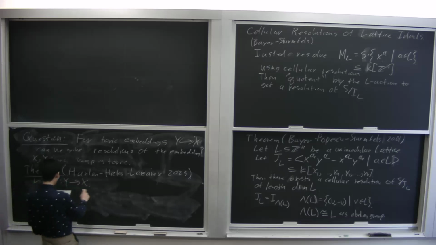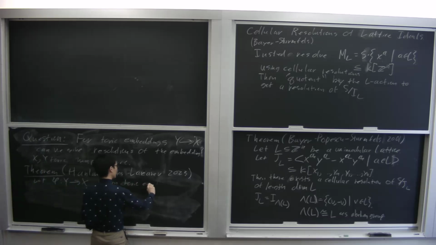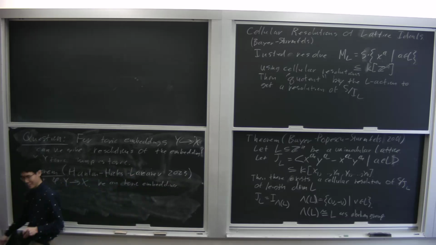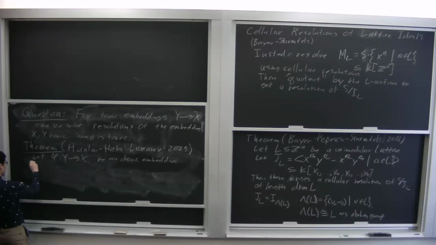Let this be a toric embedding. I should maybe call it a toric inclusion. I don't know which name I like best, but in this sense, I have a map of toric varieties that is an inclusion, a toric map of toric varieties. Then there exists